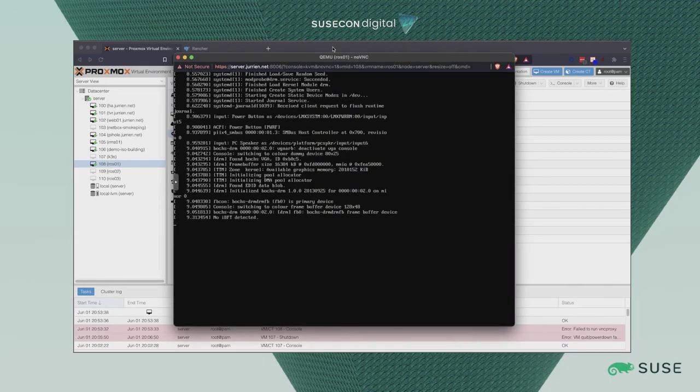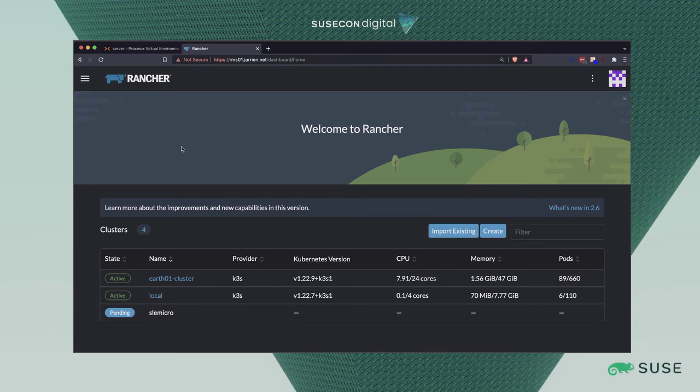When this is booted up, the system will do a callback and say, hey, I'm available for whatever task you want me to do. We should see it then back in the Rancher management cluster, but let's wait until it has booted up. Here we go. Now if we go back to Rancher,